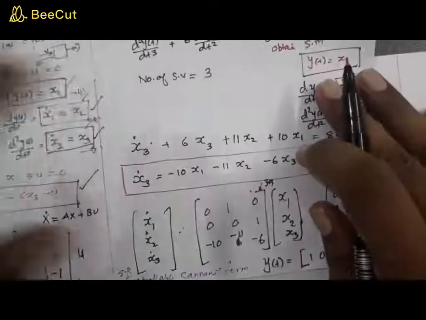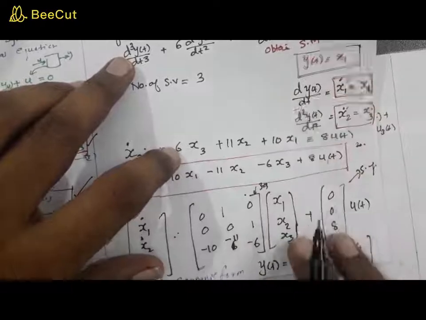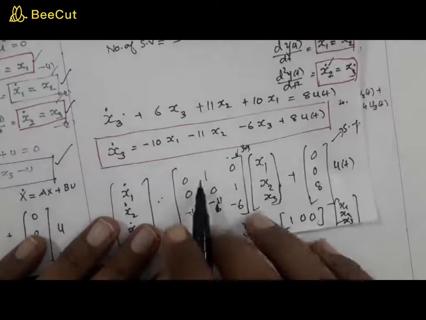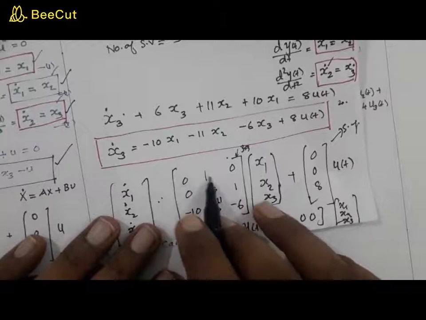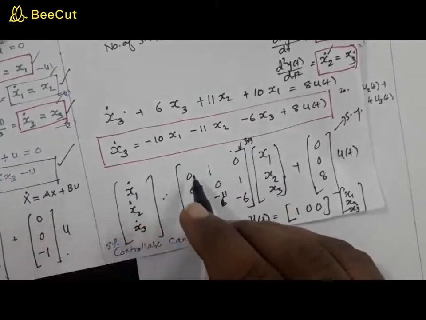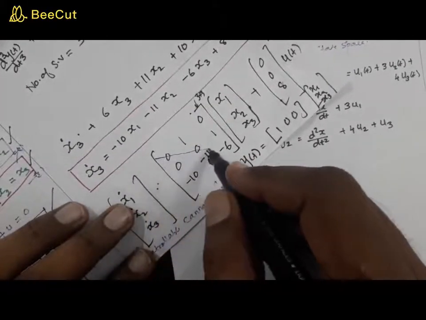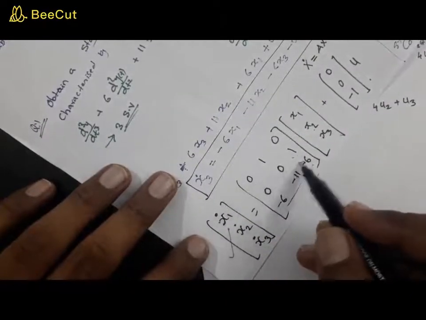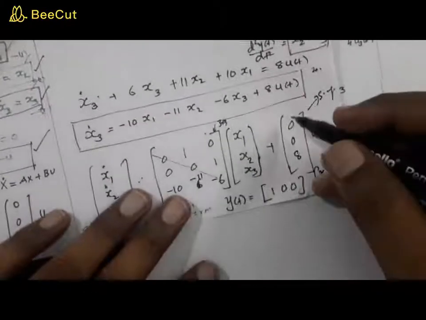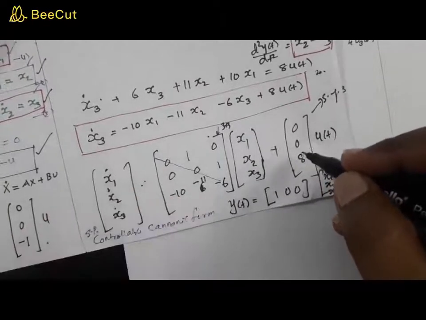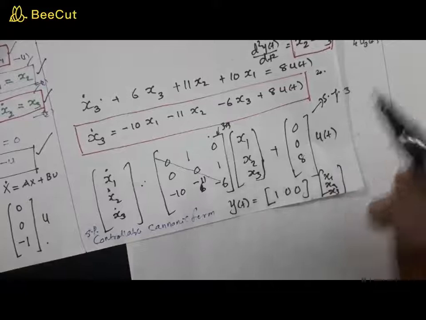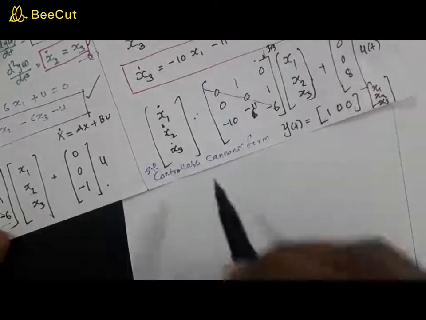Now when you look at the second problem which we did, you can see exactly the same pattern. Again you have 1, 1 on the diagonal, from here you can see there is a 1, 1, and look at this, you can see 0, 0 and minus 6. Here also you have the same pattern, right? And at this side also you have a 0, 0, and finally the last term is going to be. So this type of model